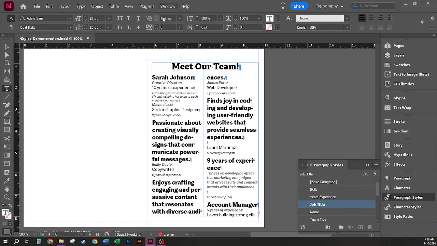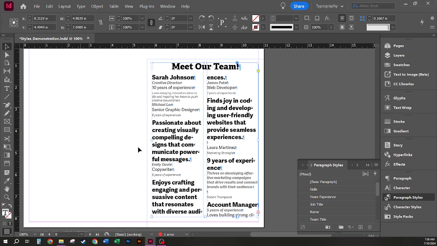I now also have some overset text, and I can see this because of the little red plus box here at the bottom. I'm going to go ahead and click on that and draw a new text box so I can see what text is overflowing this box. In doing this, what we have created is a threaded text box where this box is threaded to this one and text will flow between both. When we correct our styles, we should be able to resolve this issue of